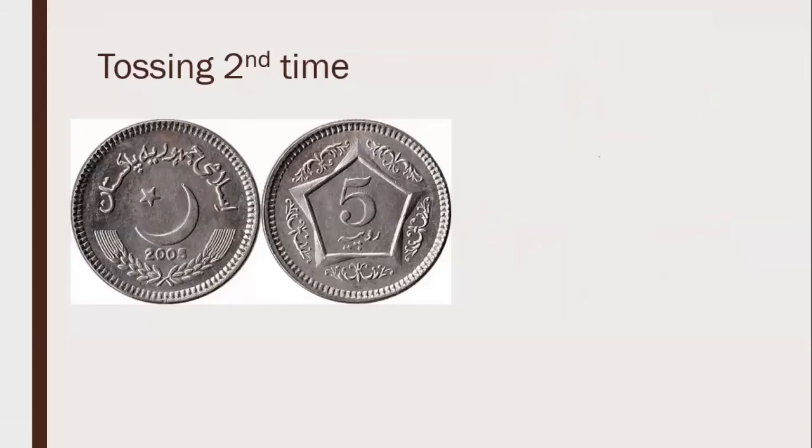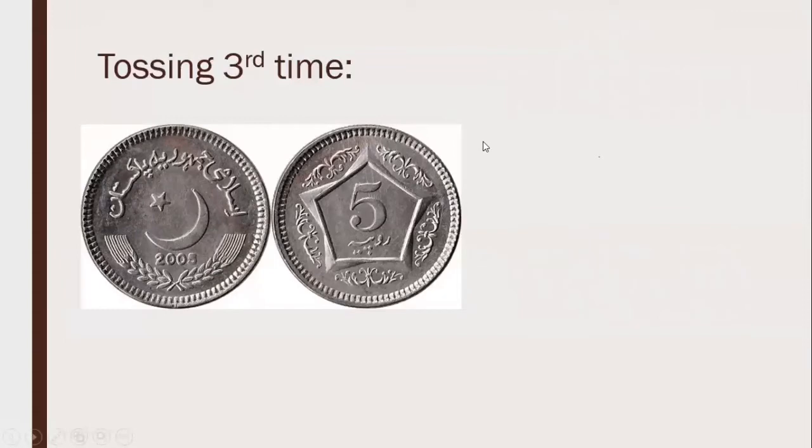Up till now, we have done the possibility diagram and a simple sample space. For tossing only one time, we can make a simple sample space. For tossing the same coin two times, we can make a possibility diagram. What if we are going to toss it three times? If we toss it three times, we cannot fit that number of possible outcomes in a possibility diagram, and for that, we are going to make a tree diagram.